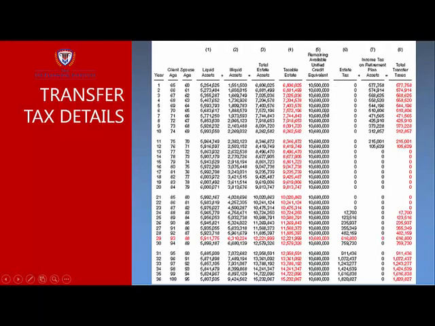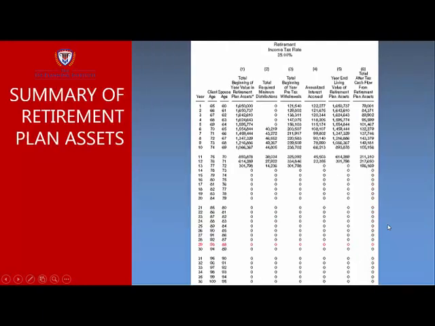It shows us what the exemption amounts are, and then it shows us when and if there's any estate taxes due. But notice there were still income taxes here because there were income taxes on the qualified plan assets. But when we ran out of qualified plan assets, we didn't have to pay any income tax there anymore. So if we come over here, we show there was $616,000 of taxes in total, a combination of estate tax and income tax. If I drop that down to a summary of retirement plan assets, it shows that I have